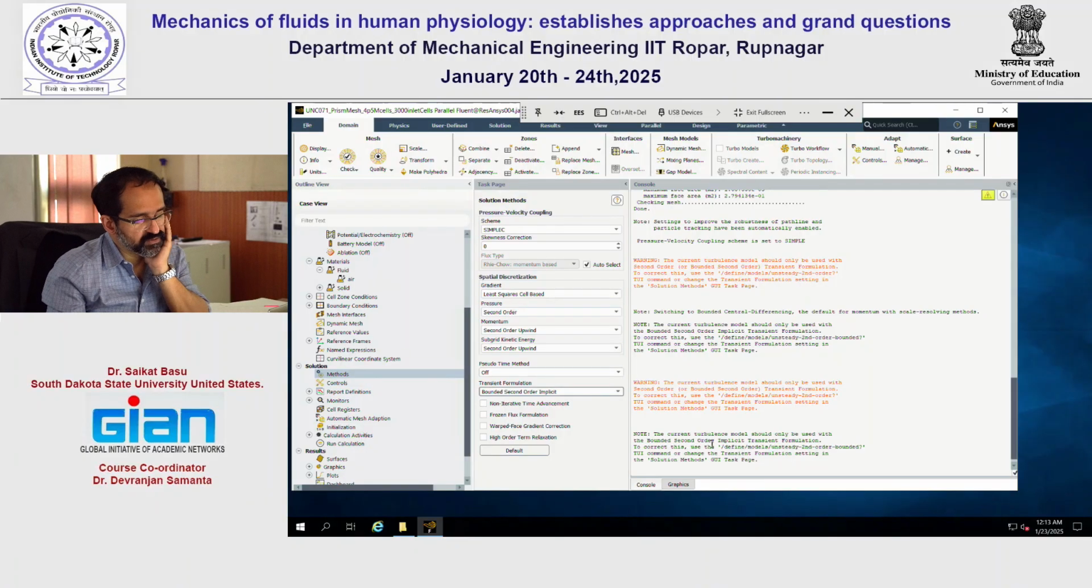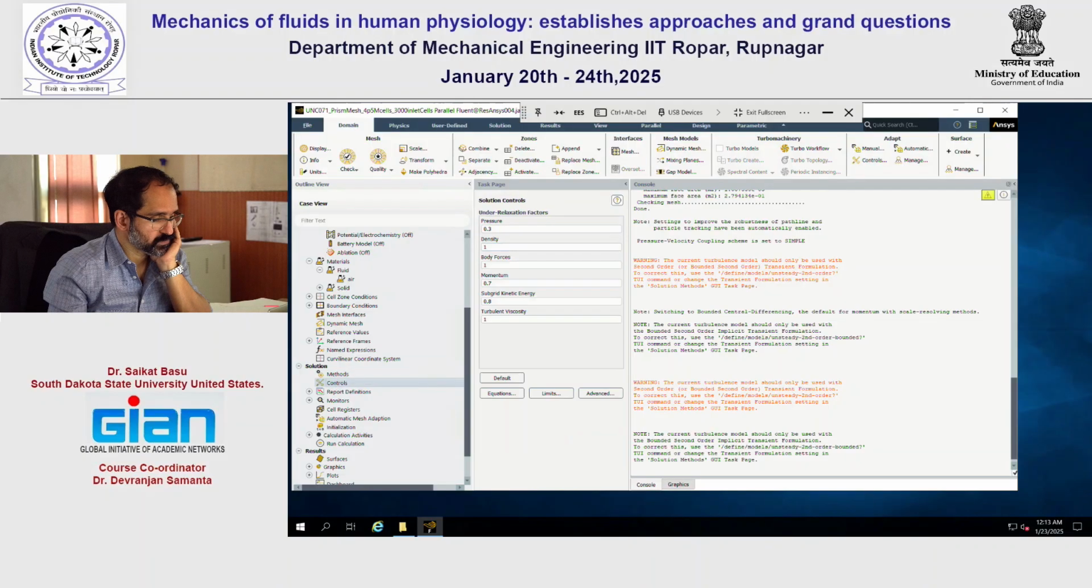And in fact, with the more recent versions of ANSYS, they also give a warning like this here. The current turbulence model should only be used with bounded second order implicit. Okay, so let's go to the controls. This is all fine, but for example, if you have heat transfer going on in the system as well, then from this equations menu you can pick the thermal equations as well. Let's go to the monitors